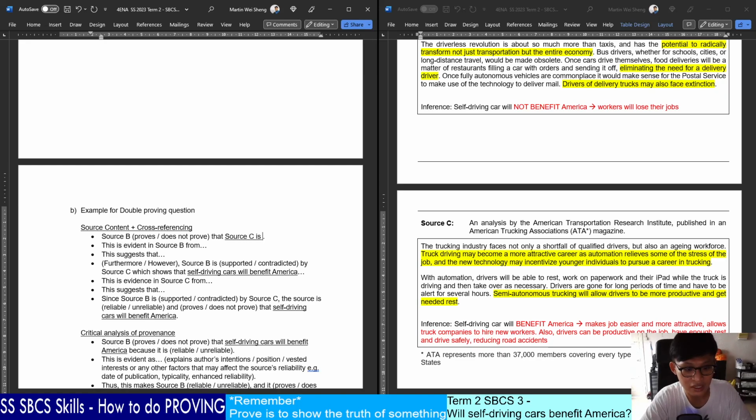So, source C is wrong. This is evident in source B from, this suggests that. So you explain source B. Then you will say furthermore or however, depending on whether or not they support or contradict. So source B